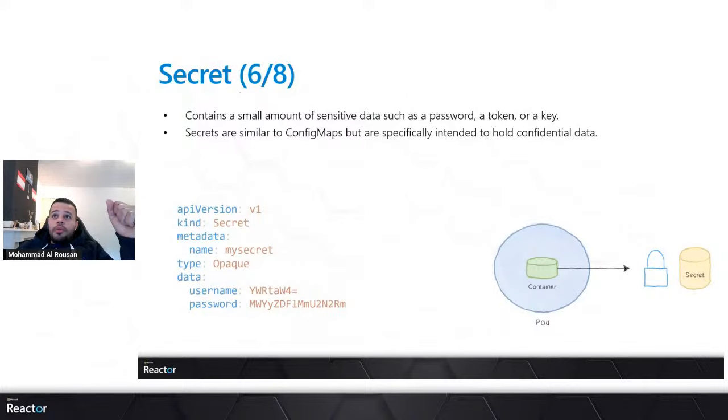Secrets are similar to ConfigMap, but they are used to pass secret or confidential data like passwords, tokens, and keys to your pod. And it's encrypted and stored in etcd. But when we talk about corporates, actually they go with Key Vault or HashiCorp Vault and so on. So they don't actually use it in real cases, but it's worth mentioning.